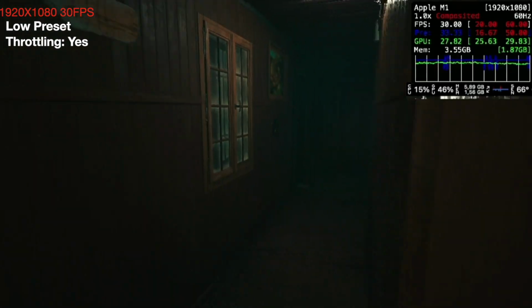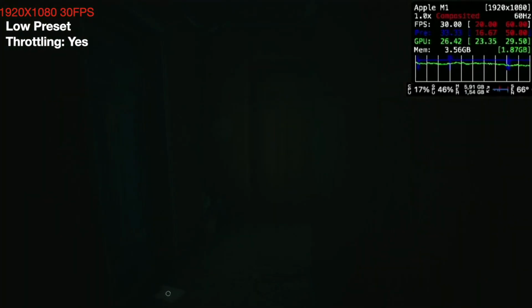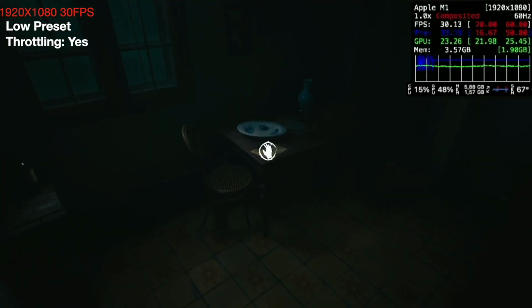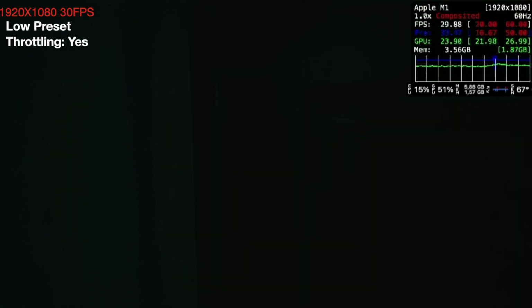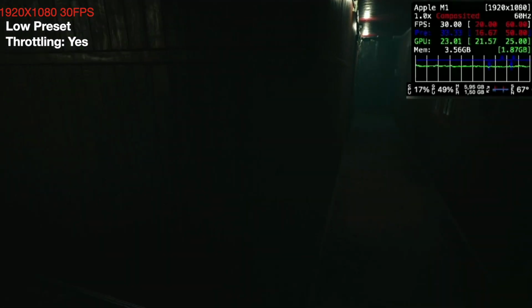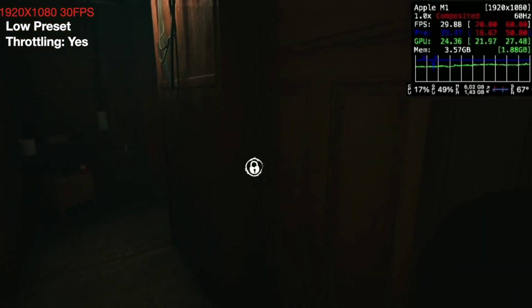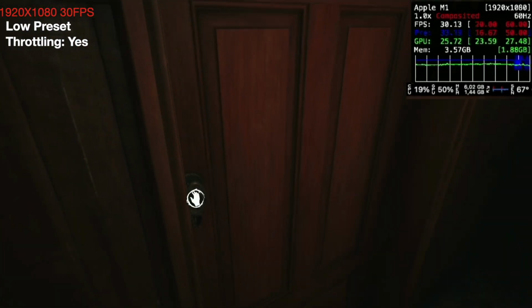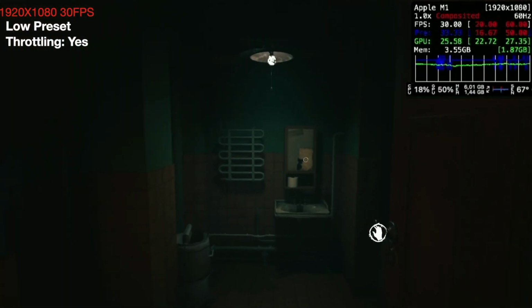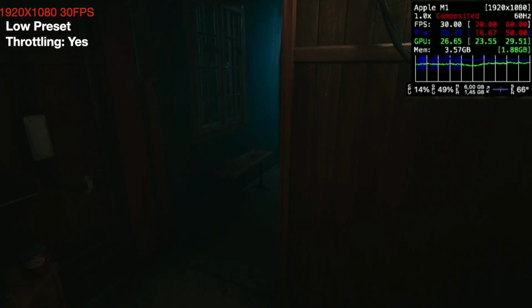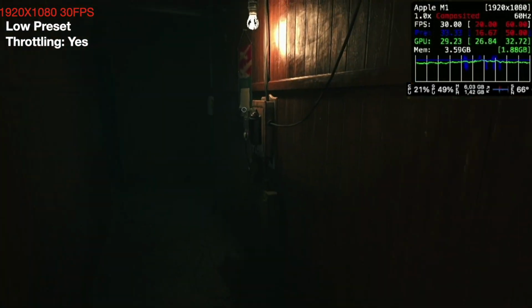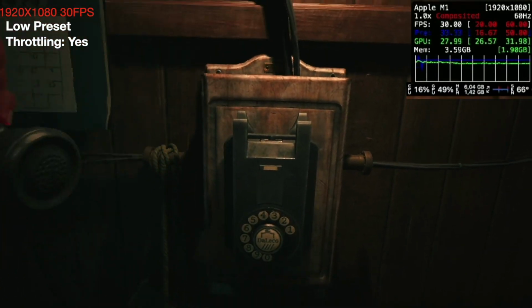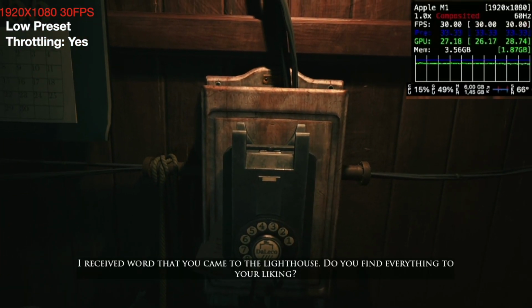So honestly, if you want to get the smoothest experience in this game at the resolution of 1080p, you necessarily need to set all settings to low. There is no other option to get the smooth experience, hopefully. We're not testing much more, but hopefully just by setting the game at 1080p and 30 FPS with everything else at low, you should be able to get away with the game. So, you know,